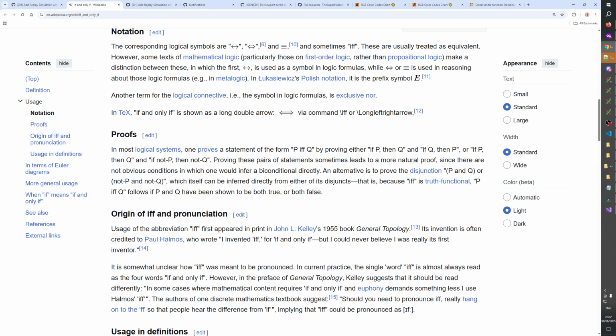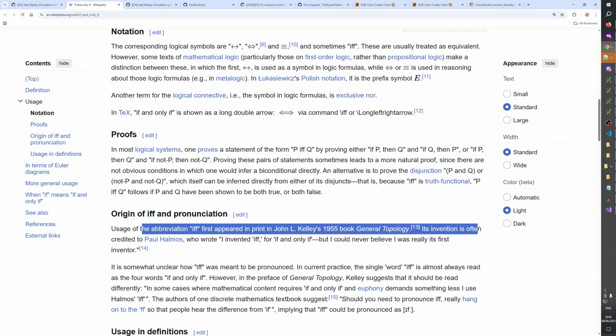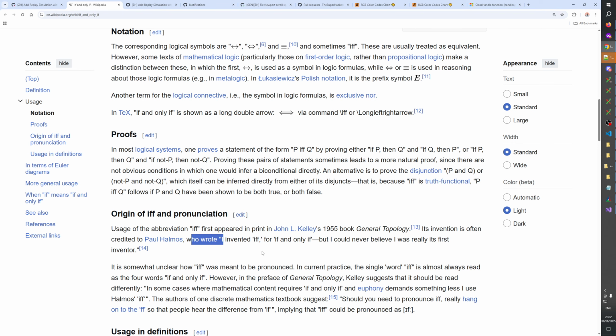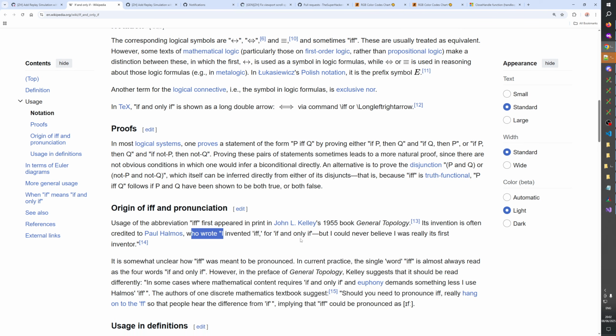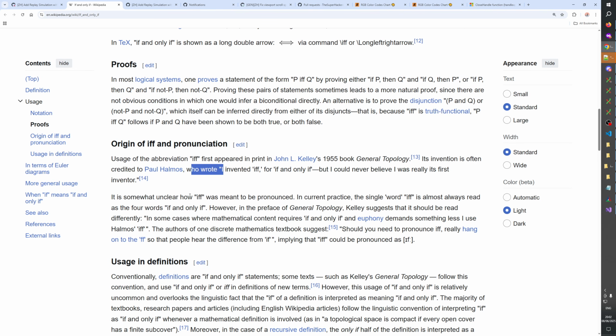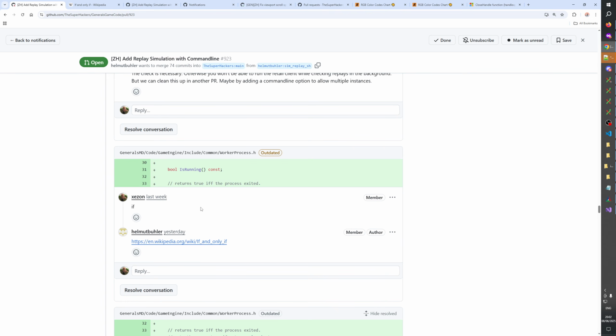Origin of iff. Abbreviation iff. Its invention is often credited. Who wrote "I invented iff" for "if and only if"? But I could never believe I was really its first inventor. It is somewhat unclear how iff was meant to be pronounced. A single word iff is almost always read as the four words "if and only if." Jesus Christ. Return true if the process